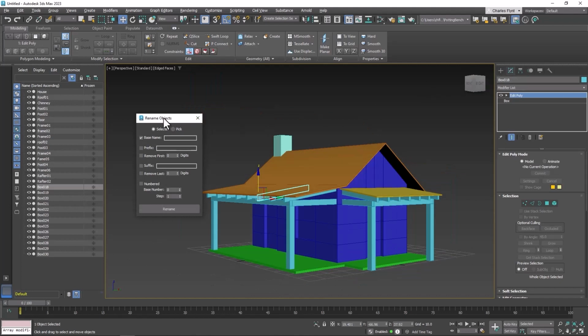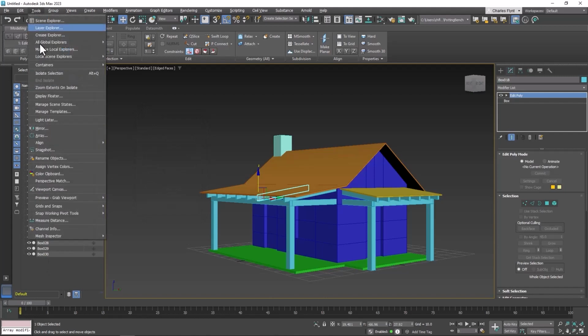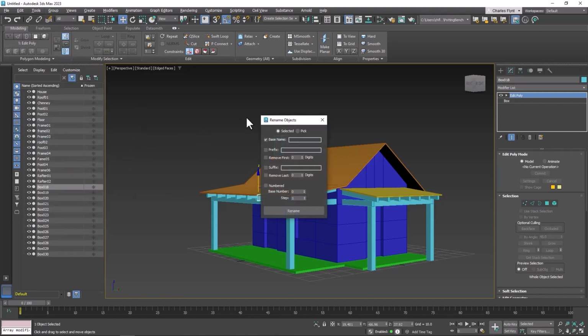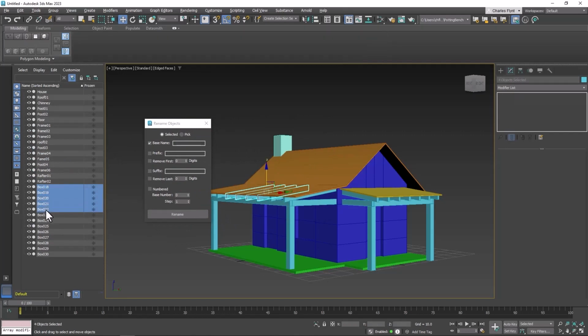So I wanted to show you this. I was going through these one by one, but I went in Tools and I found Rename Objects. And it looks like we can select a bunch of objects here. These are all the rafters that I created. And I can rename these as rafter. And I can give them a suffix,